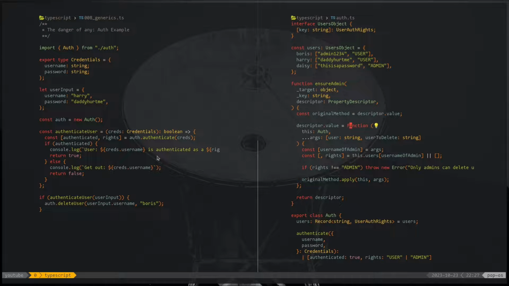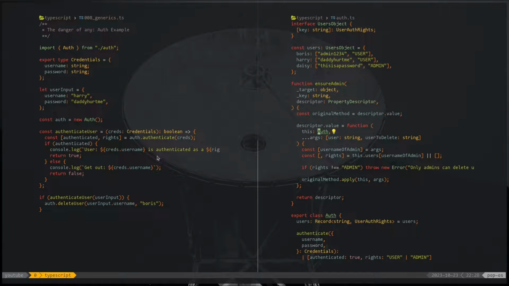And then what we're doing is we're declaring a new function which inserts some additional logic, and then at the bottom applies the same context from the class to the original method with the same arguments. You can imagine that you may have a database lookup call in here, or you may have logging, or you may even manipulate some of these arguments and then apply them into the method that we're calling. So you may want to serialize something, or in our case, what we want to do is we want to ensure